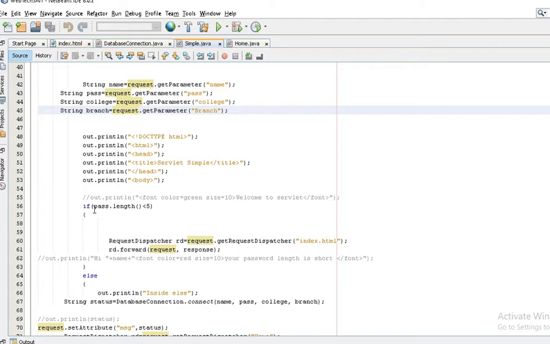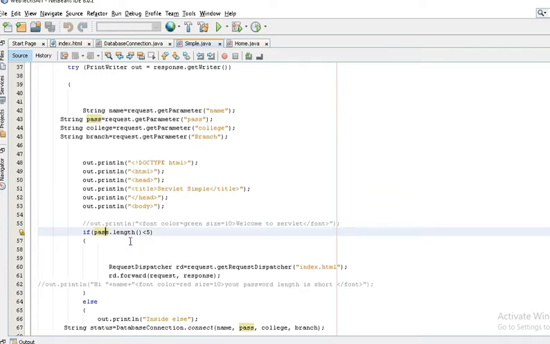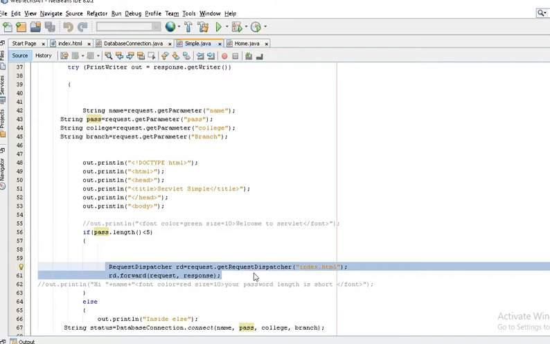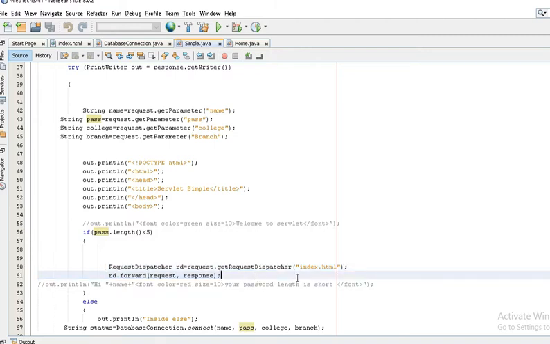After retrieving all the values, what I'm doing, I create a logic over there. If the password length is less than 5, it will directly go back to the same page, not go anywhere. It just directly reverts back to the same page, and that is the index page. If I'm using the index page to fill up the form, and the password in the registration page is less than 5 characters, right, it will not go anywhere. It is just returned back to the index.html itself,